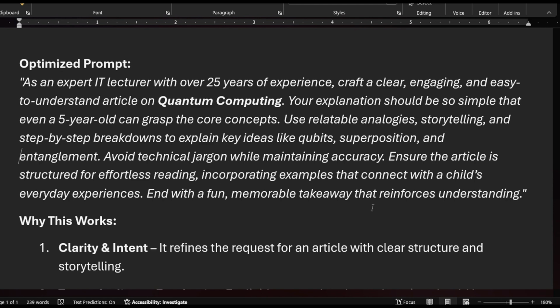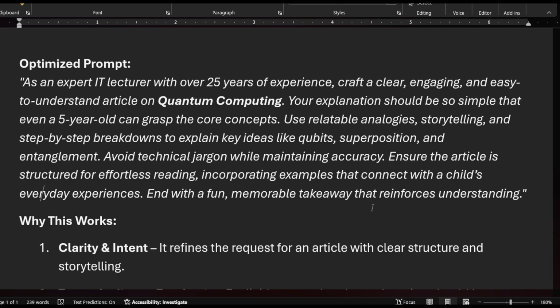These are concepts of quantum computing. Then avoid technical jargon while maintaining accuracy. Ensure the article is structured for effortless reading, incorporating examples that connect with a child's everyday experiences, and with a fun, memorable takeaway that